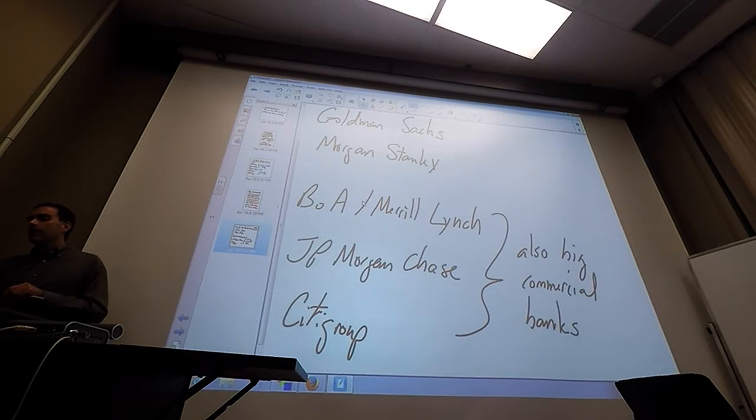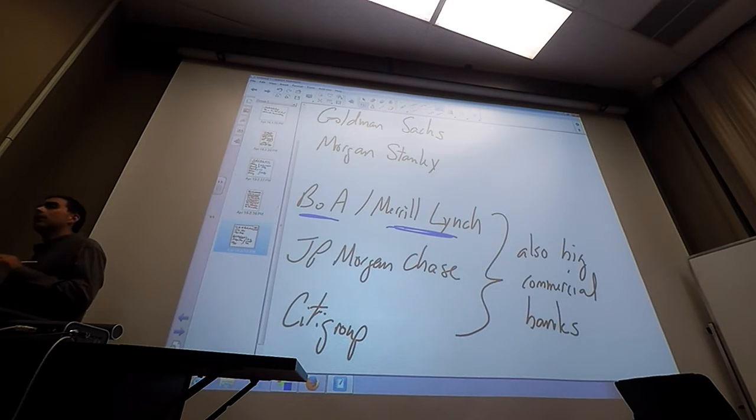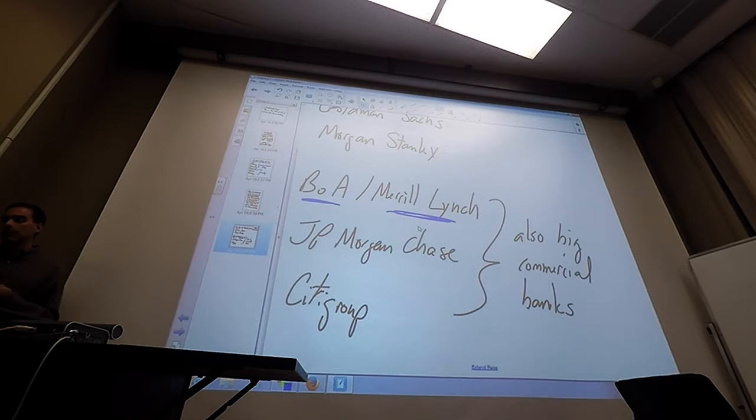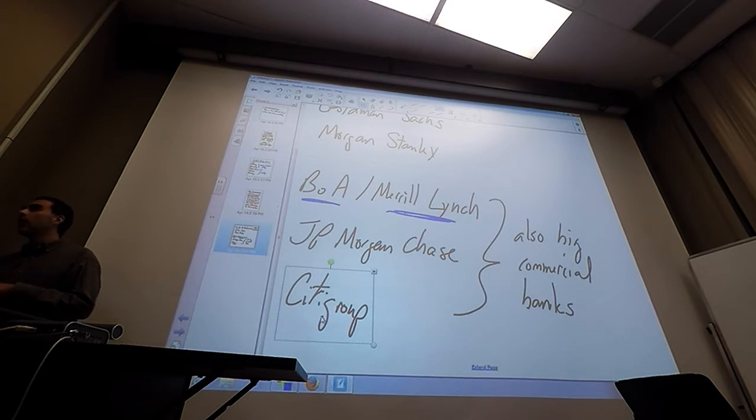Some of them, like Bank of America, Merrill Lynch is really a lot smaller than it used to be. Bank of America is really purely a commercial bank. Merrill Lynch, even though it's an investment bank, is more of a brokerage firm. It does a lot of brokerage, which means just connecting other people to the markets. JP Morgan Chase is definitely a big commercial bank, and then it's also a big investment bank that does a lot of underwriting and advising. Citigroup is really a big merchant bank, and then it also does investment banking, underwriting, and advising.